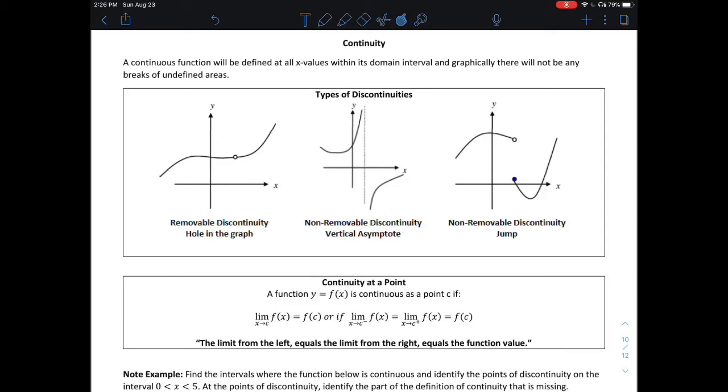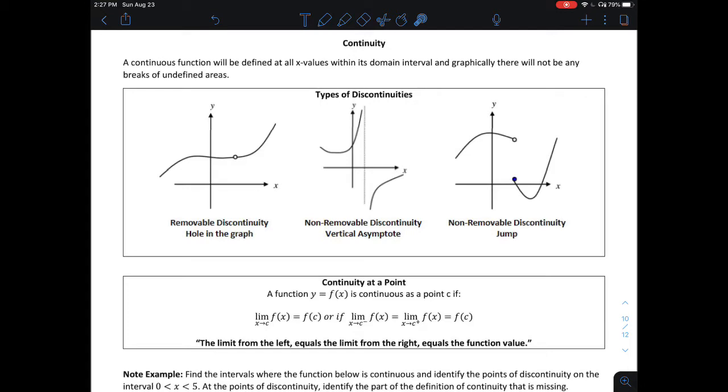Okay, in this video, we're going to talk about continuity. A continuous function is a function that has no breaks in its graph, and within its domain, there are no x values that have to be excluded. Now, it's often more helpful to talk about what discontinuities are to help us understand more as to how to